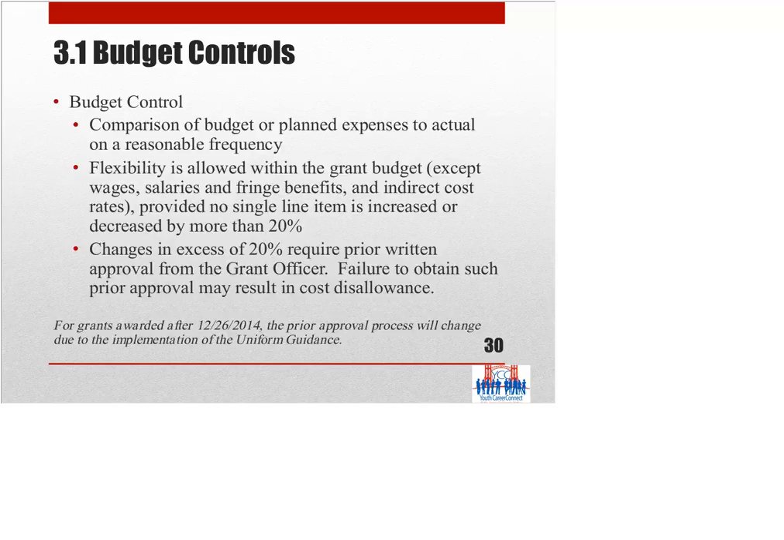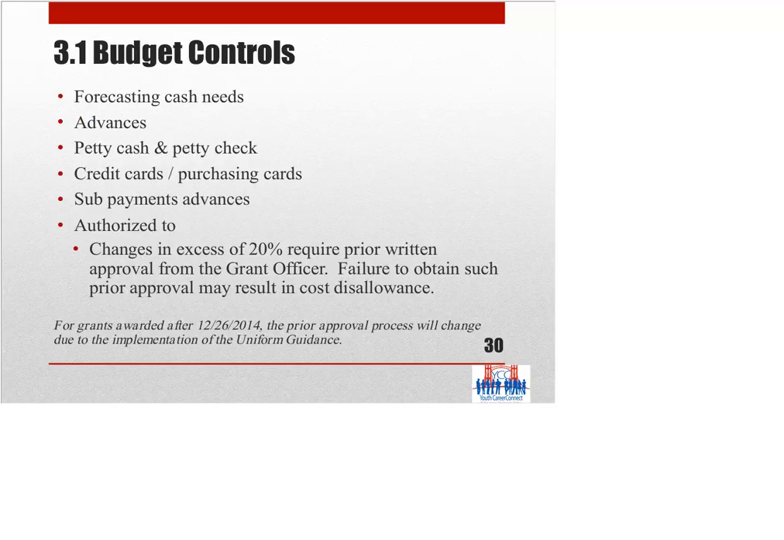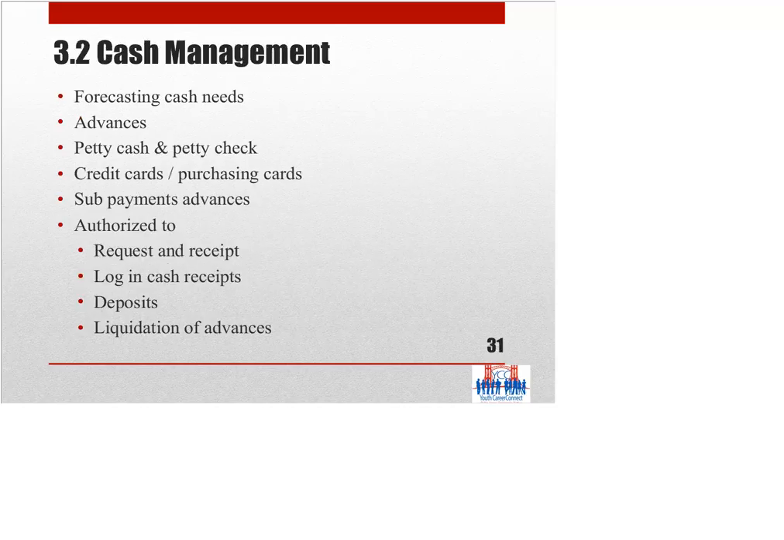Cash management. The FPO will not only look at the way your organization forecasts cash needs. The financial requirement for the forecasting of cash needs is limiting the time between the receipt of cash and the disbursement. So we don't want to see a lot of cash on hand. There should be a policy in place that addresses advances. If advances are given to subrecipients, there should be a policy in place to monitor the liquidation of those advances,